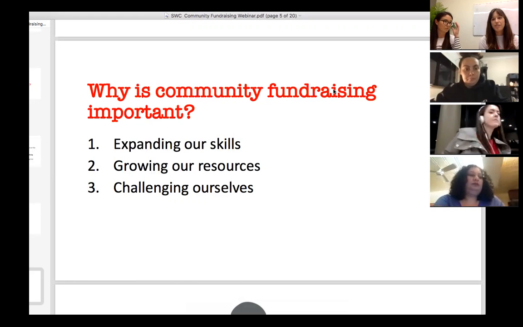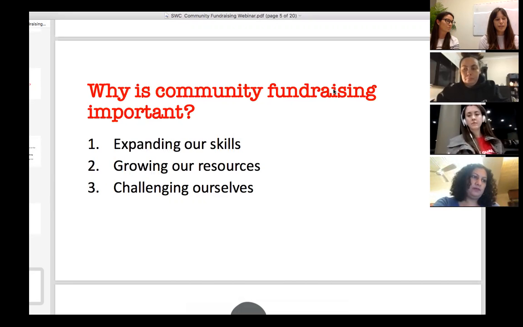I've done a bit of community fundraising myself in the past and used it as a way to say, I'm going to run a half marathon, and I'm going to raise money for it. It's a great opportunity to think about what challenge you want to do this year. It doesn't have to necessarily be physical, but it's a good way to work towards a goal and get the support of friends, colleagues and family.